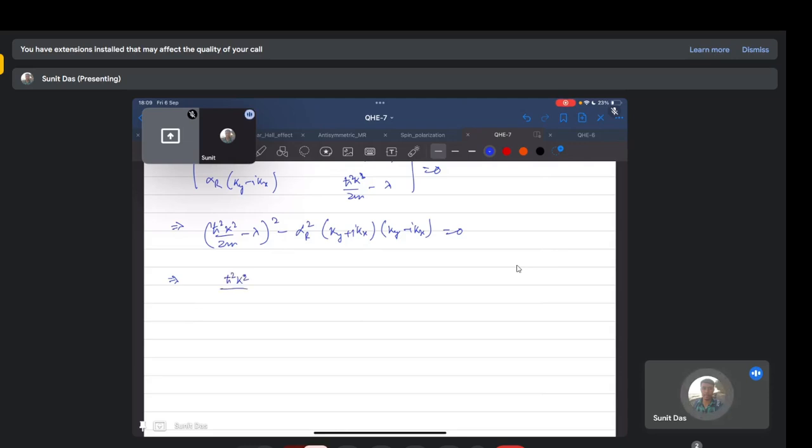This we can write as minus lambda square